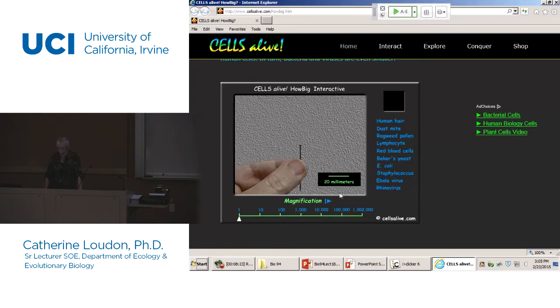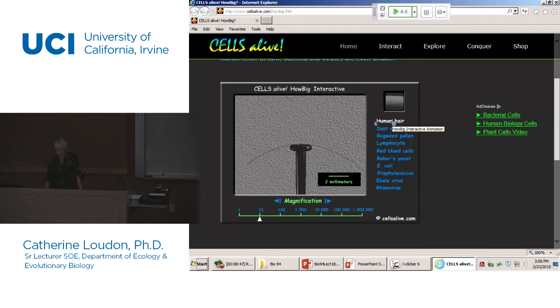Now, as we zoom in and increase the magnification, here we go, we're zooming in, and we can look at the tip of the pin here, the head of the pin. Once we zoom in enough, we can actually see something else appear here. There's something balanced on top of the pin, and the various things that will appear here are all listed here on the right, and as you mouse over, it shows up.